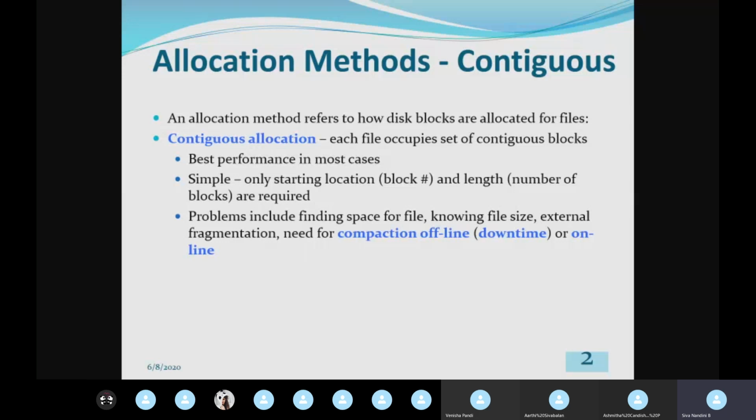So it leads to external fragmentation. Similar to the memory mechanism, here also we are having external fragmentation. External fragmentation means, for a new file, say sample, that requires 10 blocks, the disk storage has 10 free blocks, but those 10 free blocks are scattered, not in a continuous location. Then that is known as external fragmentation. That is, the blocks are available, but not in continuous allocation. It is fragmented. So this condition is known as external fragmentation.